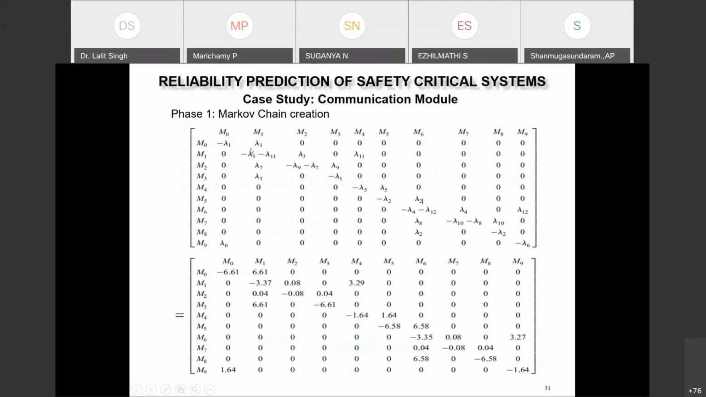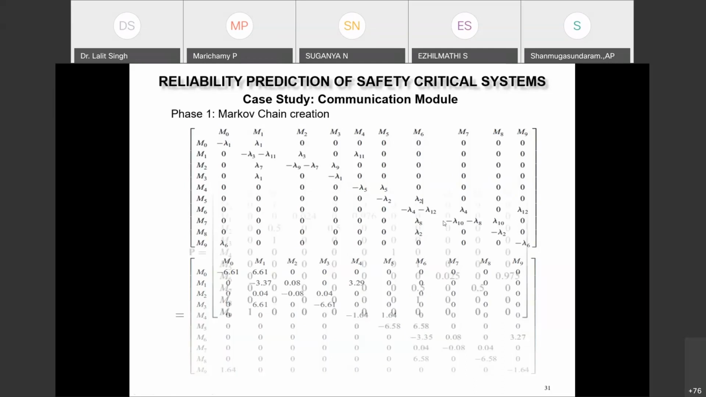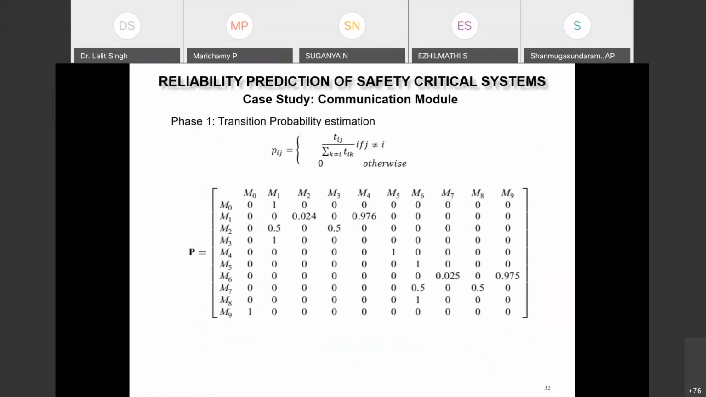The rest of all are 0, but the sum should be 0. Then the transition rate from the same place to the same place will be minus lambda 1. And accordingly, we can fill in all the rest of the elements, and then we can compute the transition probability